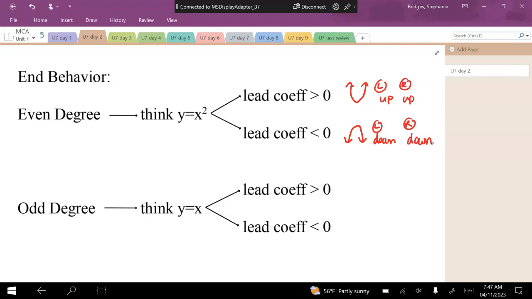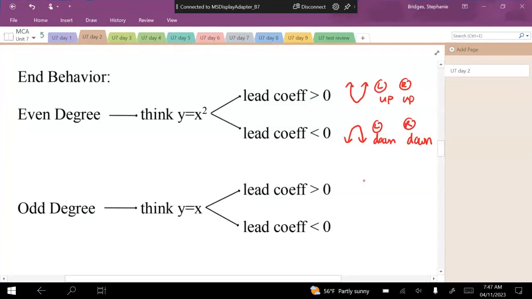Now, if our highest degree term is odd, we can just think about a linear graph, a line, because we know what slopes look like. We know what positive slopes look like. We know what negative slopes look like. So if my leading degree term is an odd exponent, then two things are going to happen. If your leading coefficient is positive, it's going to look like a positive line. If you think about what that looks like, if I can